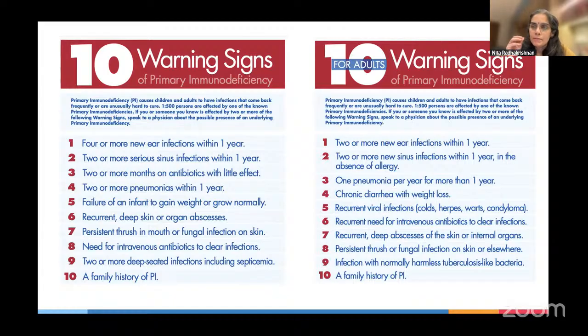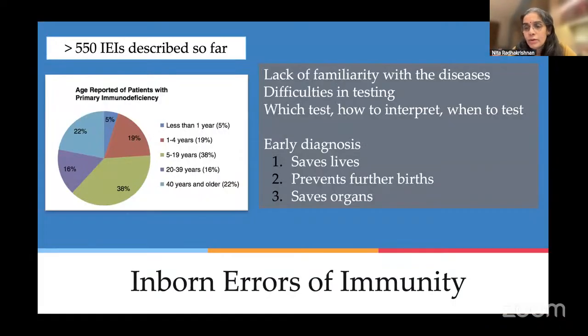So whenever we evaluate, it has to be a very systematic evaluation. These are the 10 warning signs both for children and adults which they have brought out. And like I said, it's a very broad outline. It does not really mean that you have to follow it exactly. Many times, even one septic shock episode, even one episode of very bad dengue with HLH, we may end up evaluating for underlying primary HLH. So it could be there at any age. It is a myth that it is there in children only.